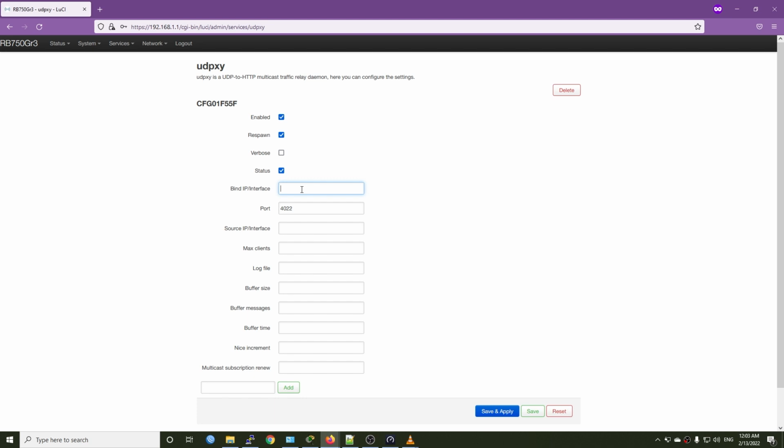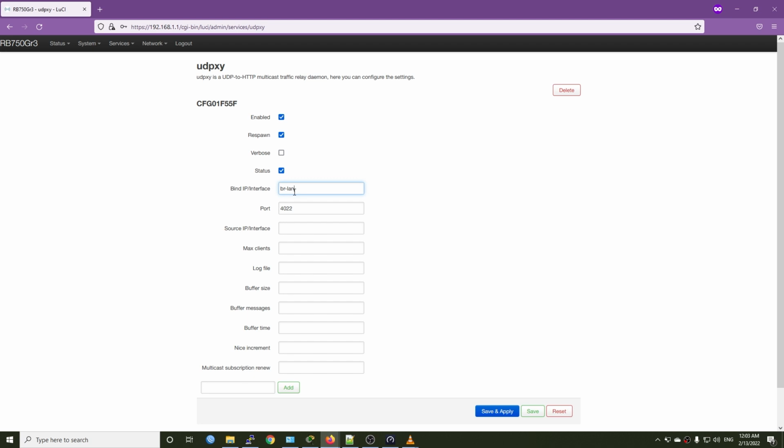For the UDPC configuration, it is a little bit different. So we are going to use the bridge name instead of the interface's name. So the link IPs or interface is where this application or package is listening. So you can configure it as br-lan. If you want this package to run locally, then you should stay with br-lan. It should be fine. However, if you want to stream this HTTP unicast to all places, maybe you can watch the IPTV service while you are on the go somewhere, then you can change this one to